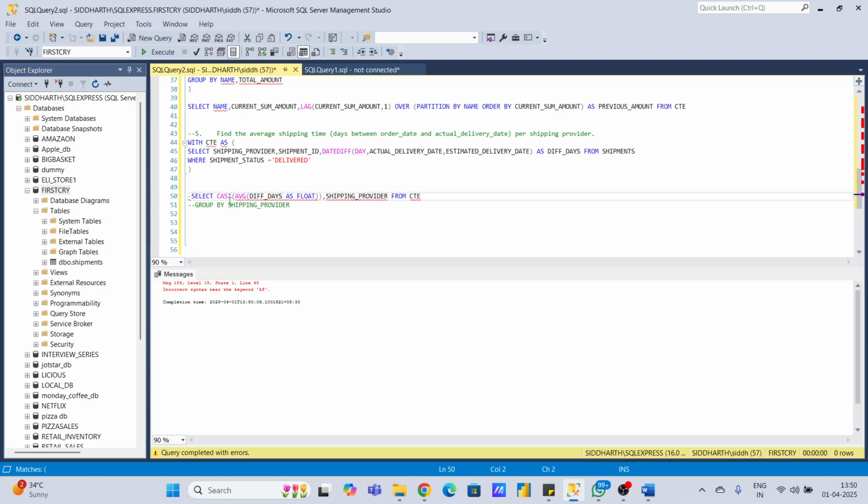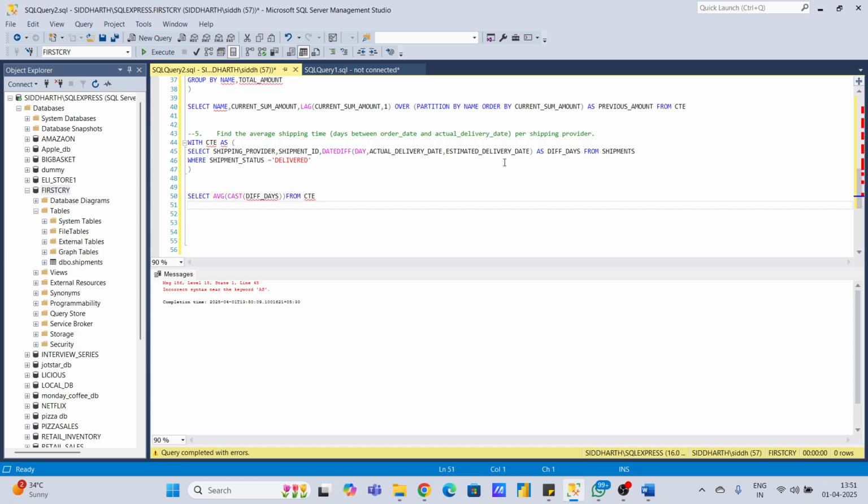The cast value 1 second. I do this bracket manage bracket. If this is invalid,